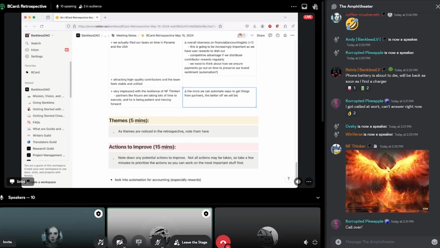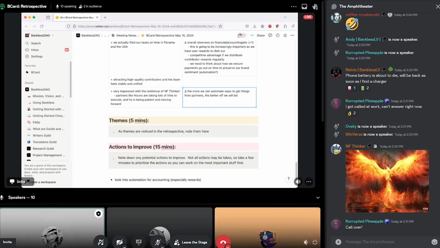Yeah, absolutely. I think there's a bunch of things in flux, including the rewards and partnerships. Essentially, the plan Tom and I have had on the rewards is let's do it manually first and then figure out a way to automate the manual process. I'm sure it's kind of the same thing on the partnership side.